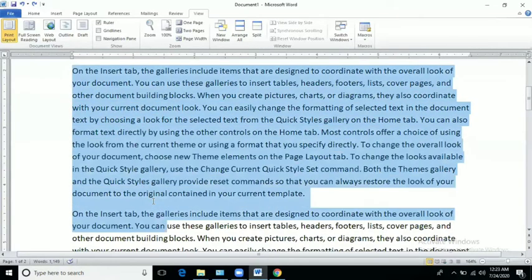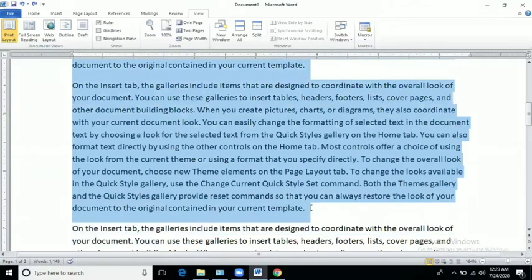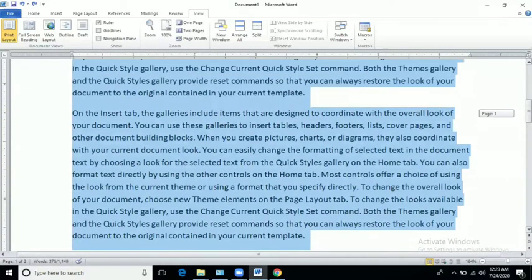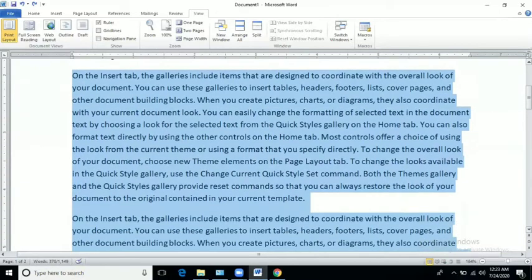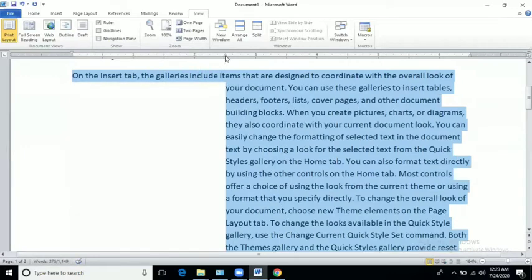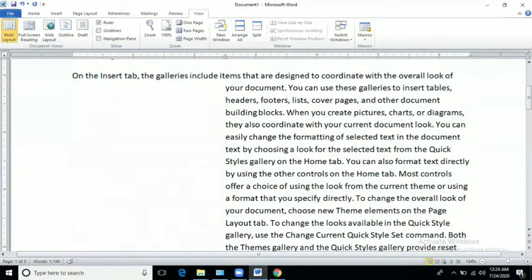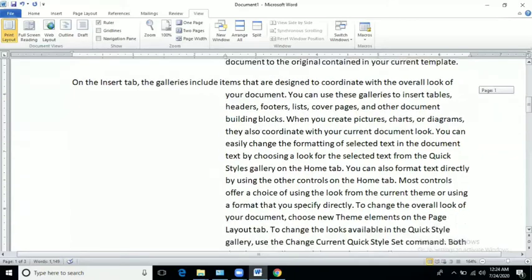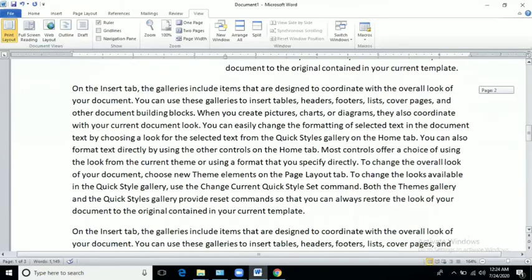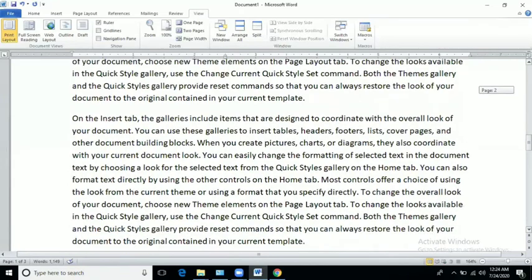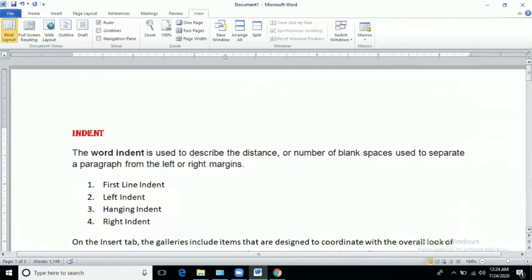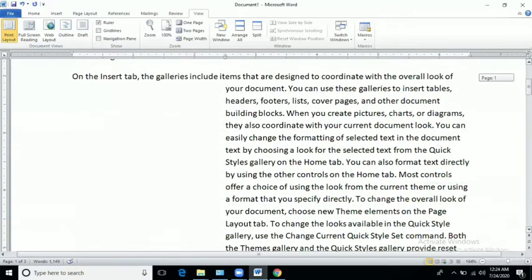If I want to apply it to these two paragraphs only, I will first select these two paragraphs, then go to the hanging indent, hold down the mouse left click, and drag to where you want to start the other lines except the first line. You can see this is now applying to two paragraphs. See, this one is my third paragraph, this one is my fourth paragraph. Because I have selected two paragraphs, it is applied to two paragraphs.